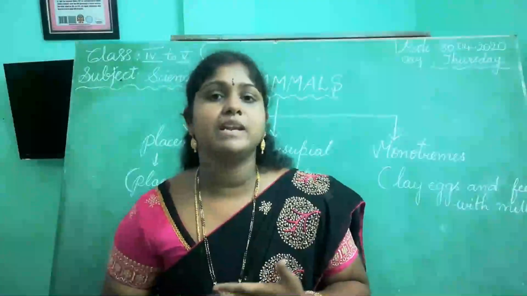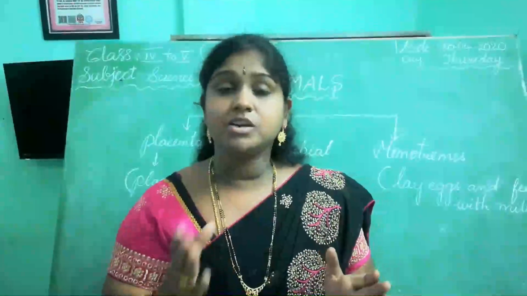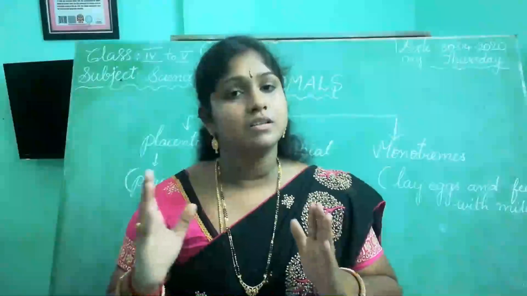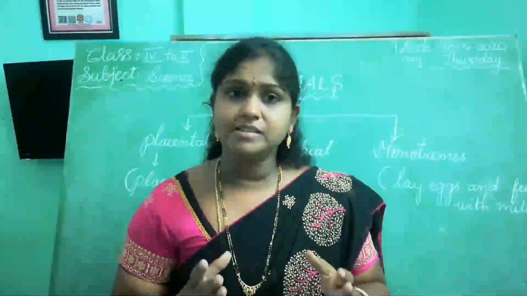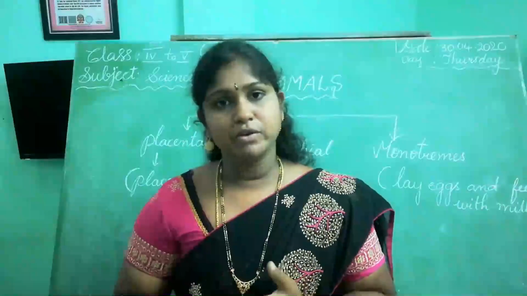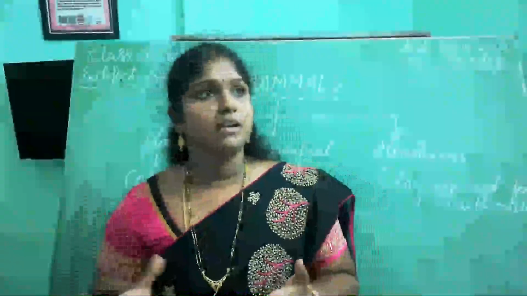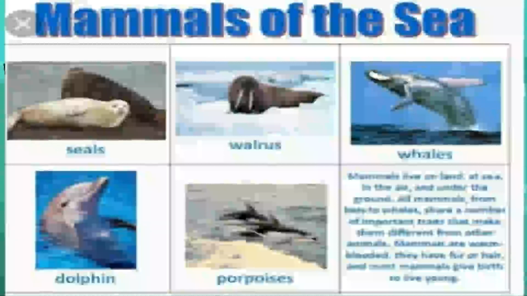Now let us learn about the water mammals. Already I have mentioned the whale. The common feature between a human being, that means a man, and a whale is that both are mammals. So we can say that the blue whale is also a mammal because the blue whale also gives birth to its young ones and feeds them with milk. Not only the blue whale, you can also say dolphins, seals, porpoises. These are all examples of water mammals.